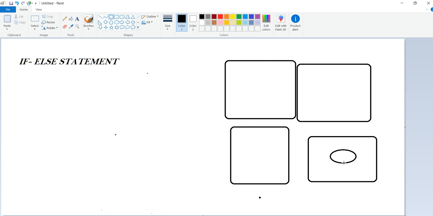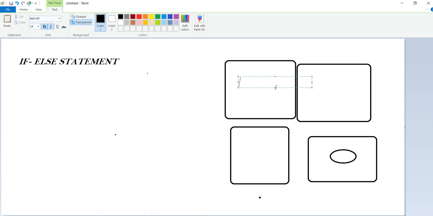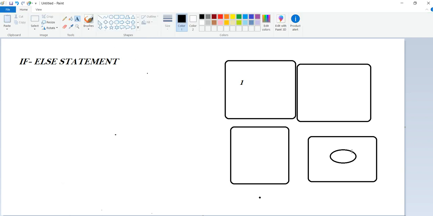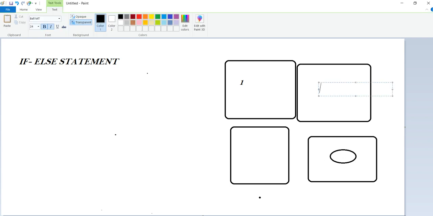This ball is in the 4th room. Right now I'm in room 1, searching for the ball. If it is not found, then it goes to else. If it is satisfied here, then it can be stopped here.